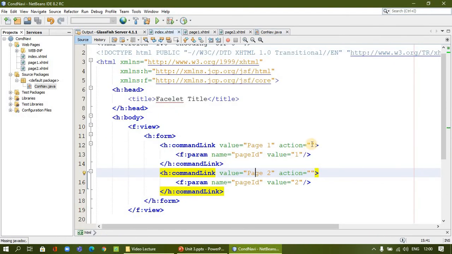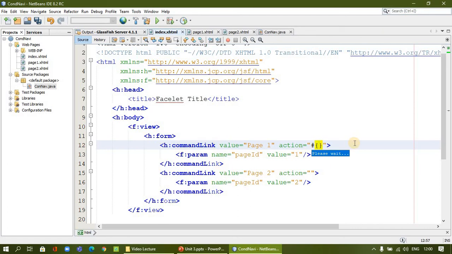Here there is an action. We will call this method using expression language, where our variable is the scope. We are going to say the method showPage. So when we click over here, value 1 will be submitted to this method, and the method will return page1.